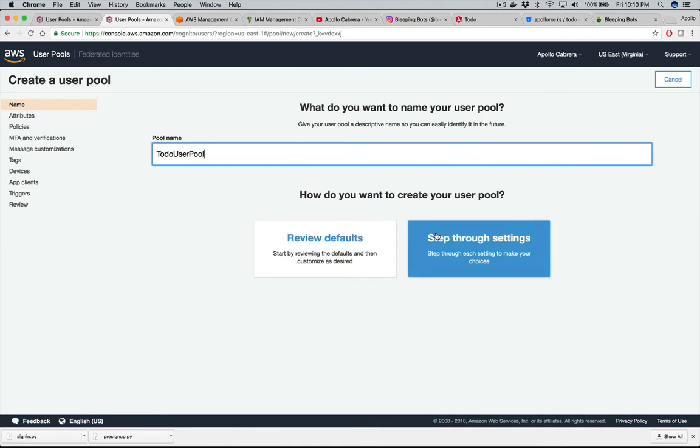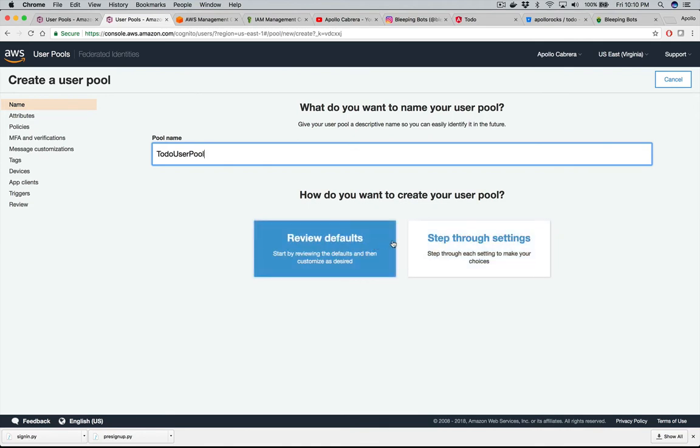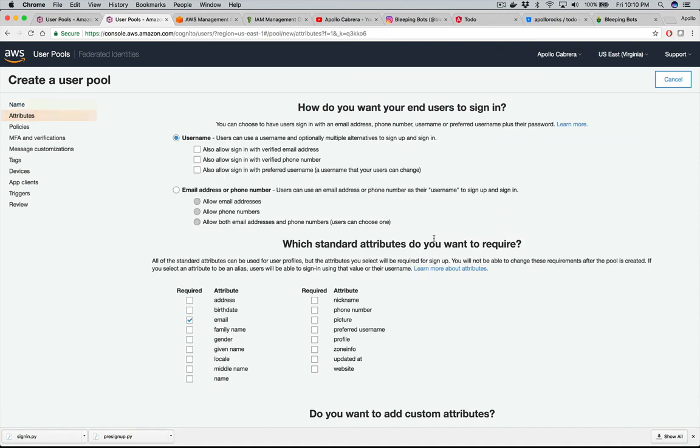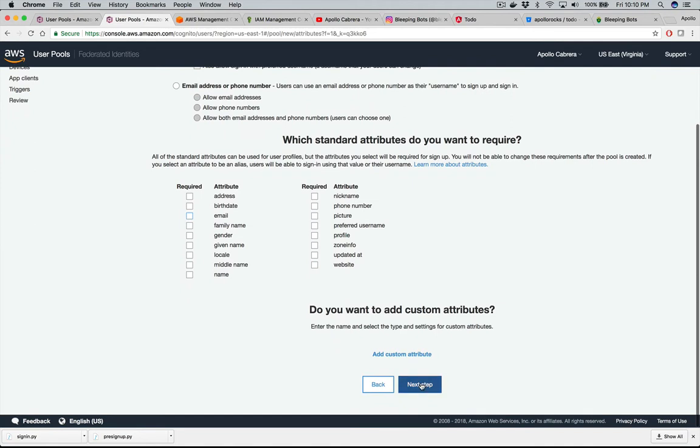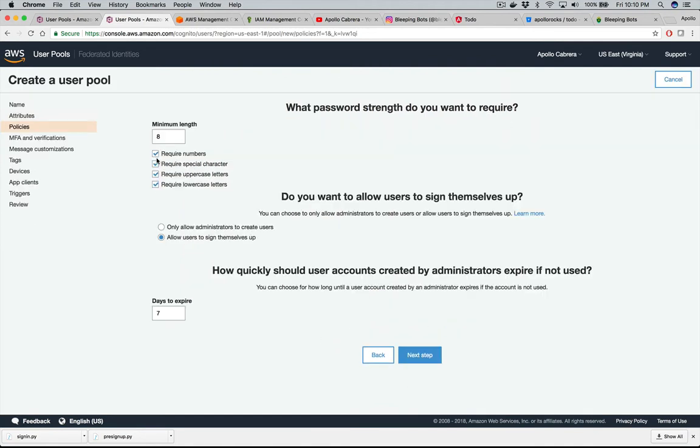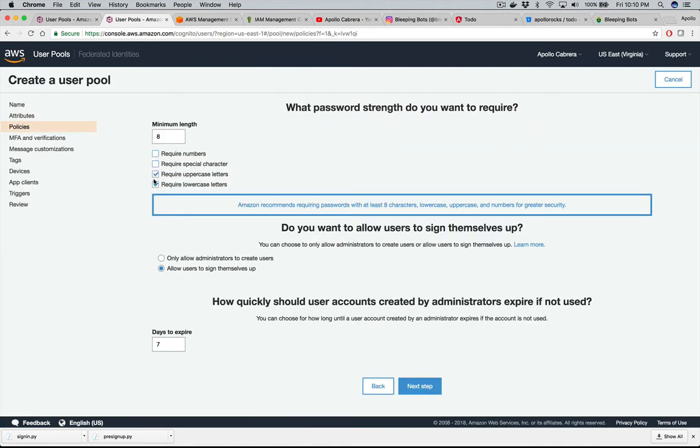Step through settings. I don't want to review the defaults, so let's just step through the settings and remove this email requirement and hit next step. I'll remove these for now. The password requirements, we don't need for this demo. We'll have a minimum length of 8, days to expire. Allow users to sign themselves up. Click the next step,